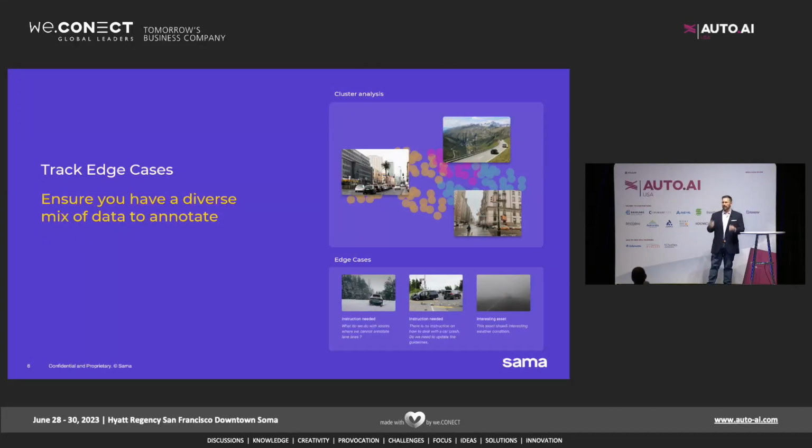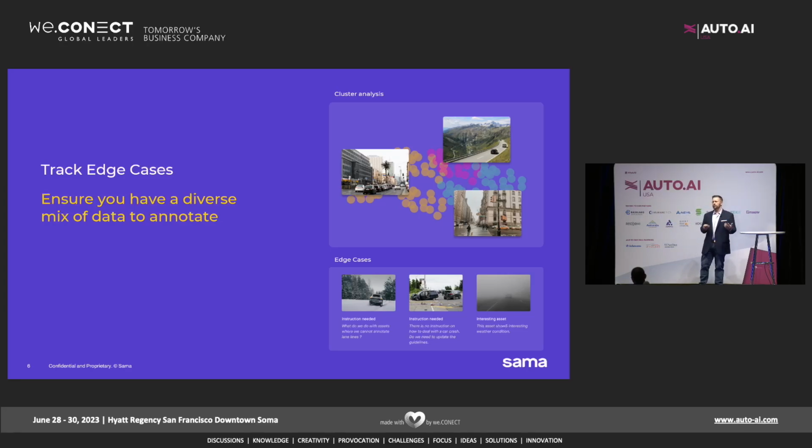You really need to track edge cases. Edge cases are really important, as partly what RJ was saying before as well, in that they tell you where your model is not performing or where your instructions for how to annotate the data are currently ineffective. And so you can then clarify, you can calibrate, you can make sure that you can discover new areas where your model's not performing at a very early stage in the cycle, instead of waiting until you're seeing the results of deploying that model.